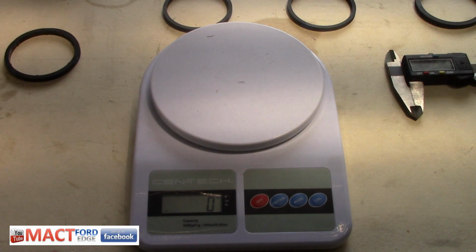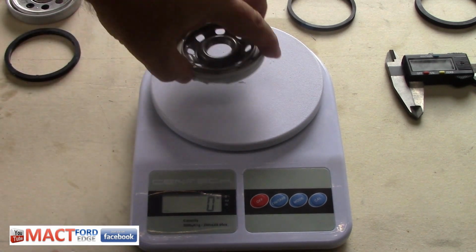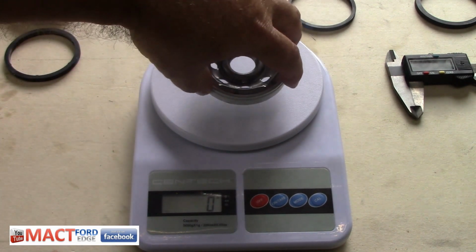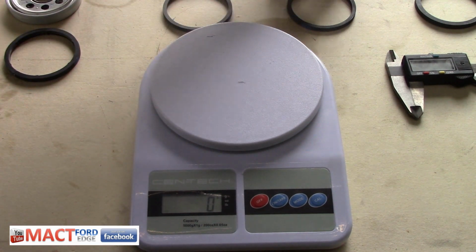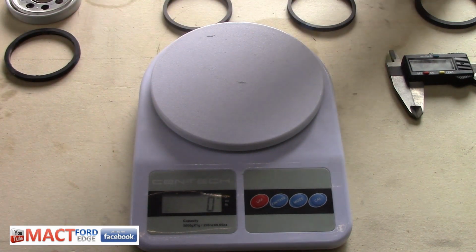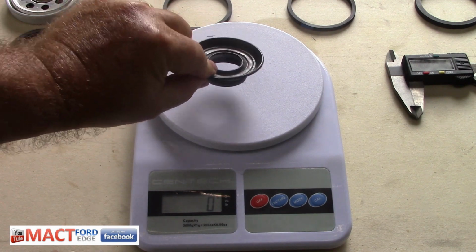Now let's check the caps. V088 comes in at 100 grams. The 060 cap comes in at 104. The 575 Defense filter end cap is 103. And the Prime Guard comes in at 114. Again, the winner. Now we're going to look at the valve gaskets here for the backflow, and we're going to